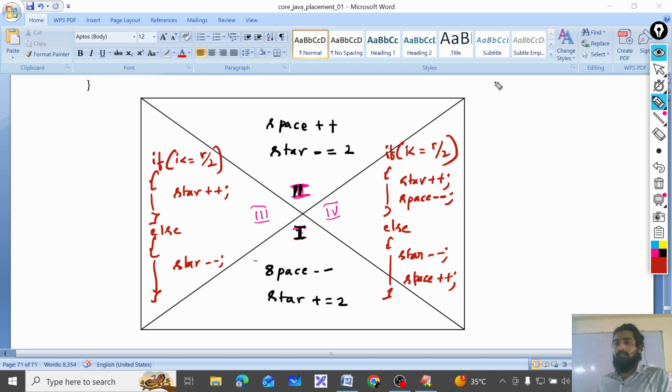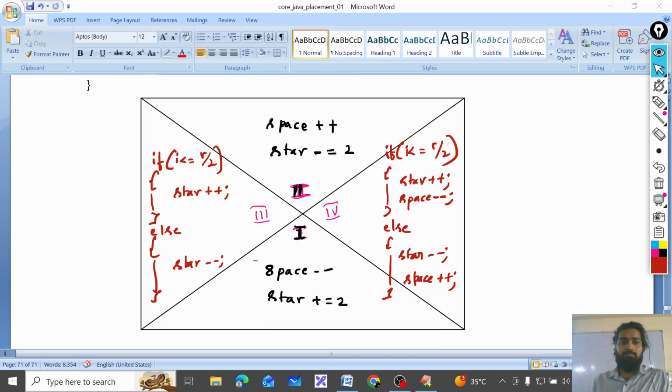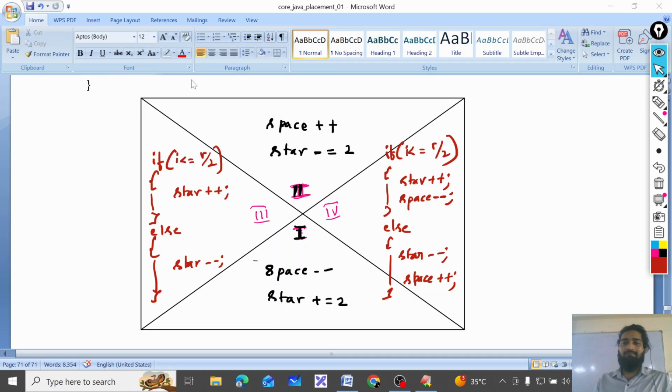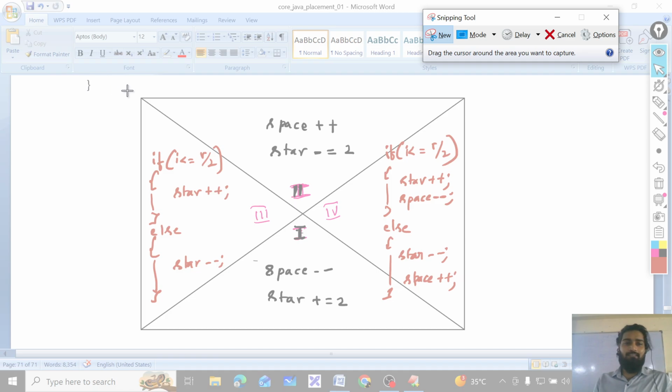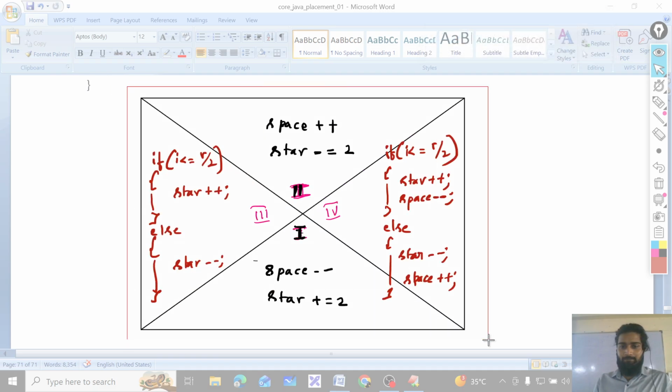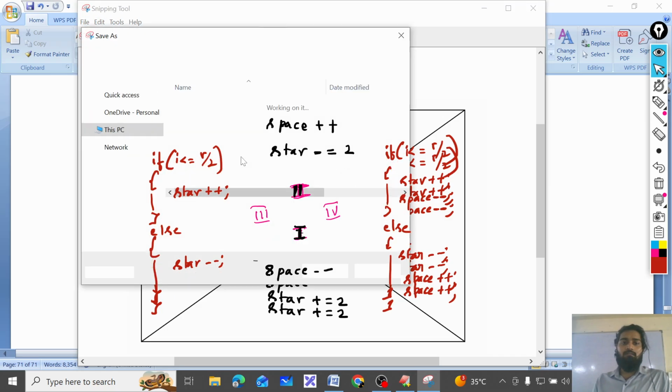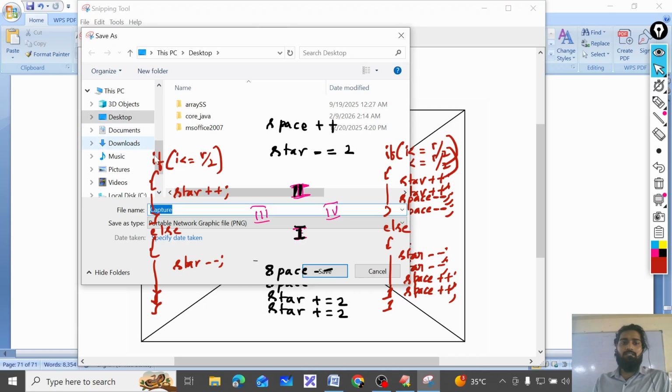So this diagram, what I do is I will take a snap of it and I am going to put it in the notes. Snipping tool. Snap means not that snap, ra. Where a level you are. This file save as on desktop. Here I'll write.